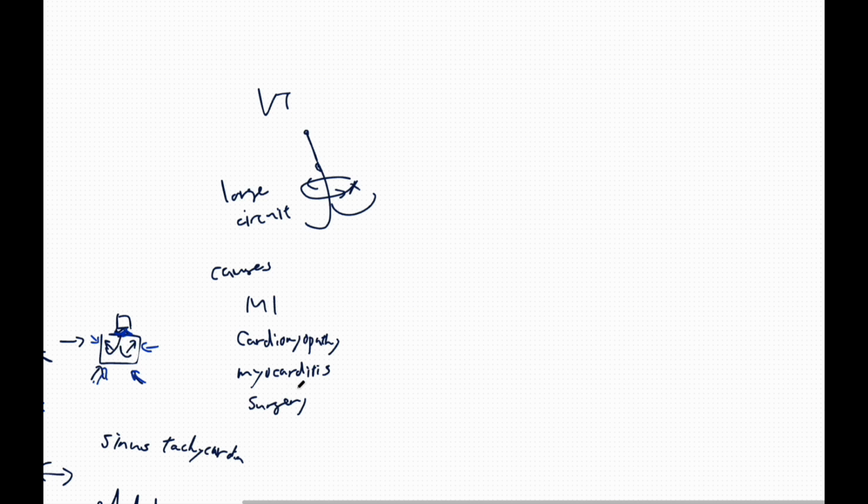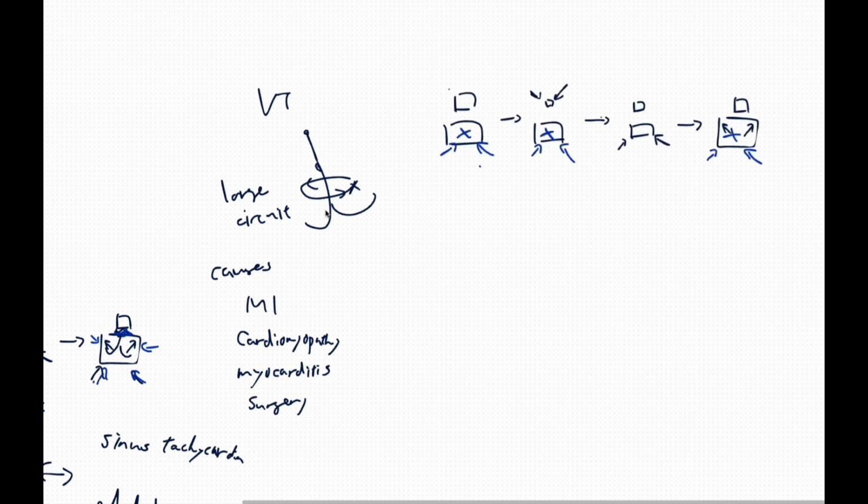In this video, we mainly focus on monomorphic VT, in which the QRS morphology remains consistent. Polymorphic VT, such as torsades de pointes, has a different mechanism and ECG appearance. Because ventricular activation does not use the normal conduction system, the QRS complex becomes wide. Although the rhythm is often regular,